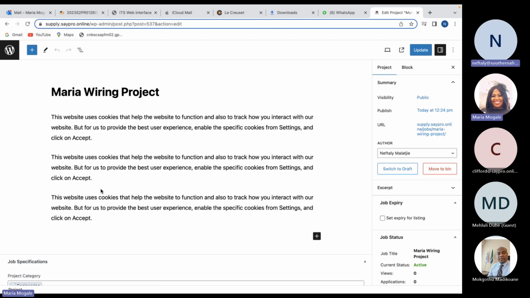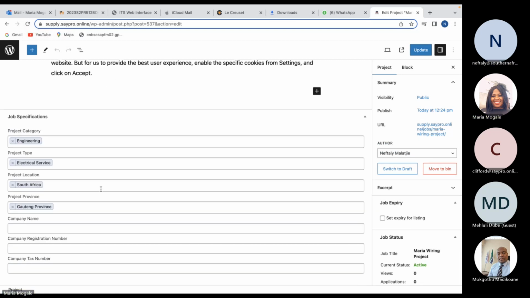Please go down. So who is capturing this? It will still be the host, right? It will be the contractor. If you want the host to pre-populate certain information, then they can still do that here.